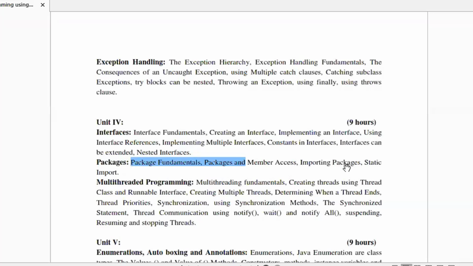right? So we have discussed importing packages also. We are left with member access and static import. There is a description given with respect to static import in the PPTs which I have shared. I'm expecting a question will not be asked with respect to static import, so I'm skipping this particular topic, static import. We will take up that one after your internals. Clear with the things?